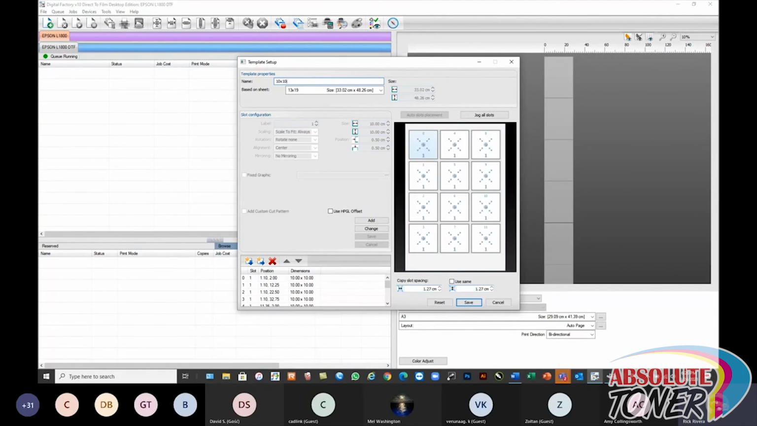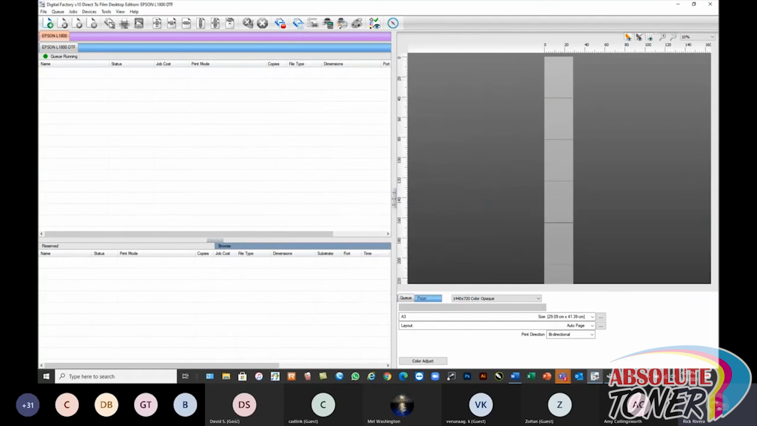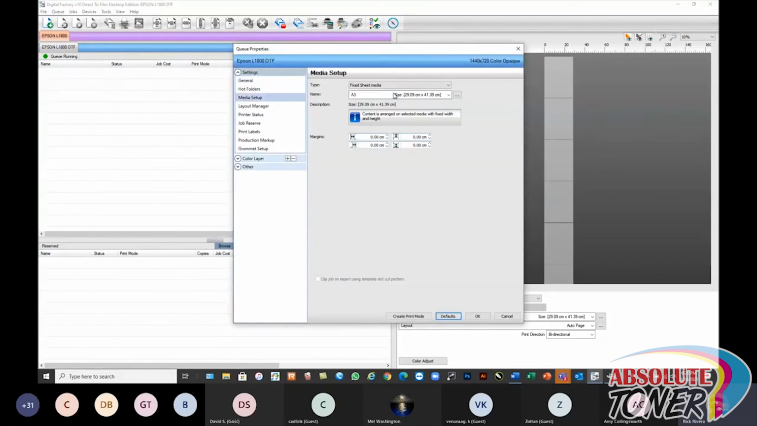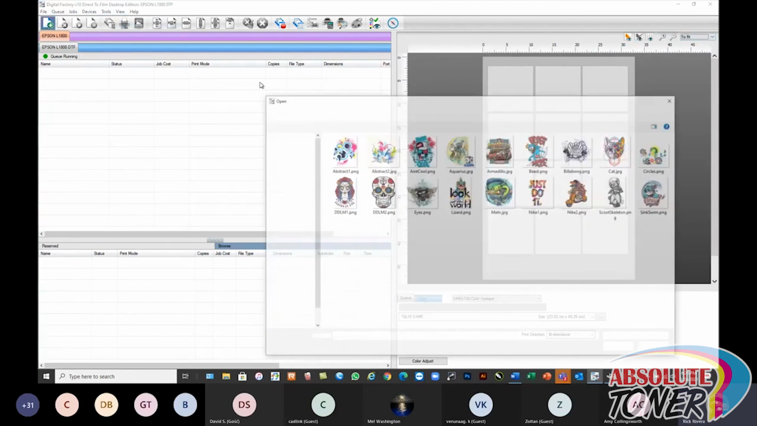So I'll go ahead and call this same and click save. So now on my list, I have this 10 by 10 same. So we'll go ahead and click OK. Now to use that template, I'll go in here to my media setup and select template media. Select my template I want to use. So again, you can create a queue that's configured for templates and have another queue set up for pages. So we'll go here, view single page, fit, and we'll go ahead and import